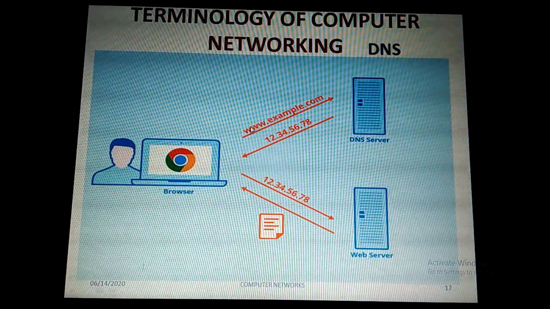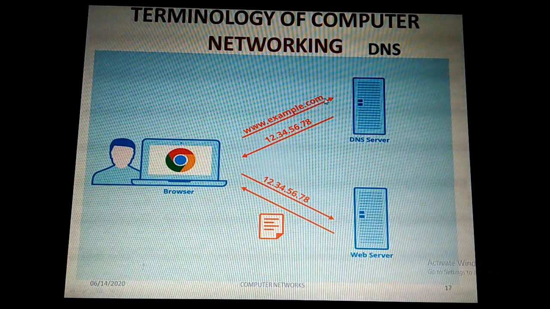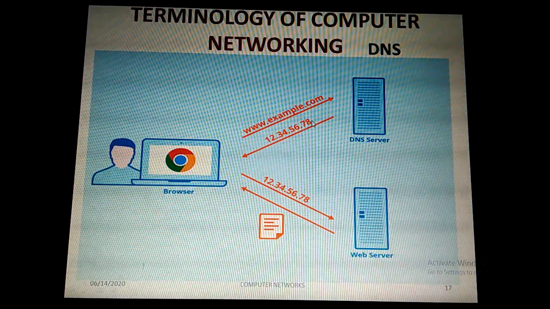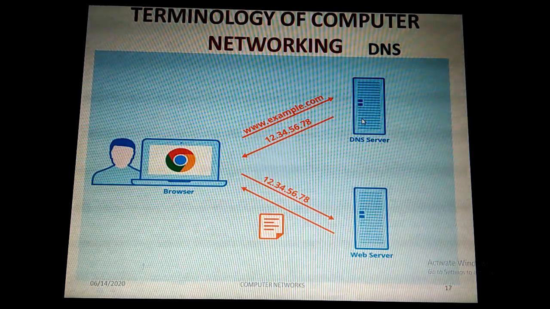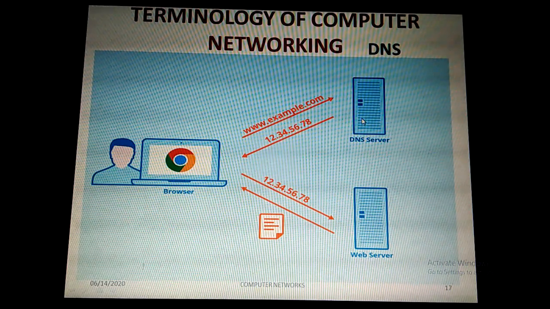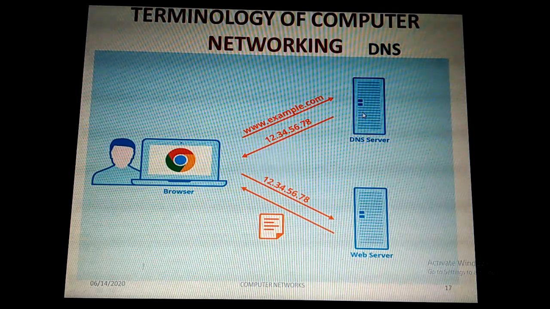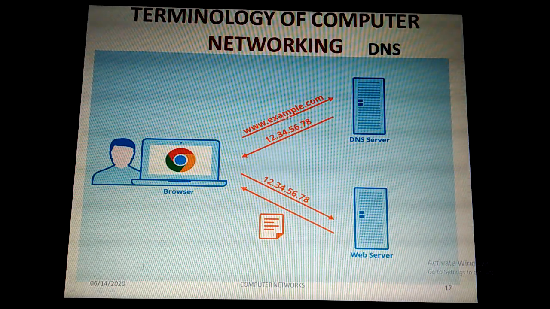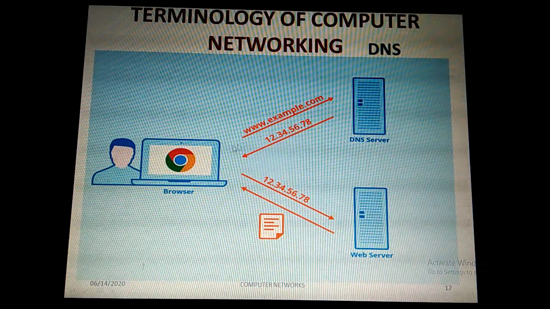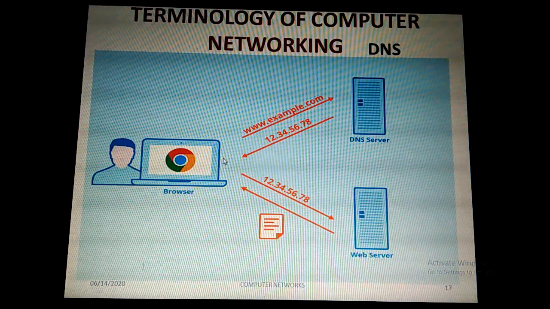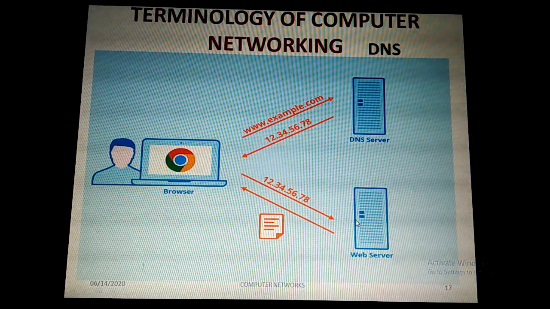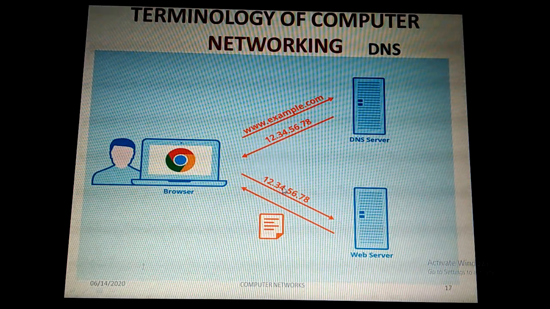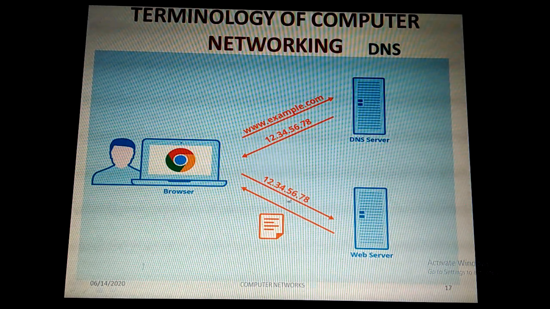So if you type any website address, it refers to one particular server only. That particular server's address needs to be retrieved with the help of this DNS system. The DNS server is a server located in one place, and with its help we can extract the IP address of that particular website. That address is taken by the client system, and then it is redirected to the web server which that IP address indicates.